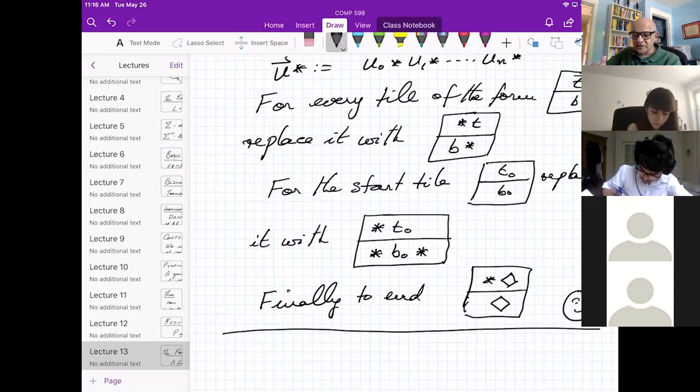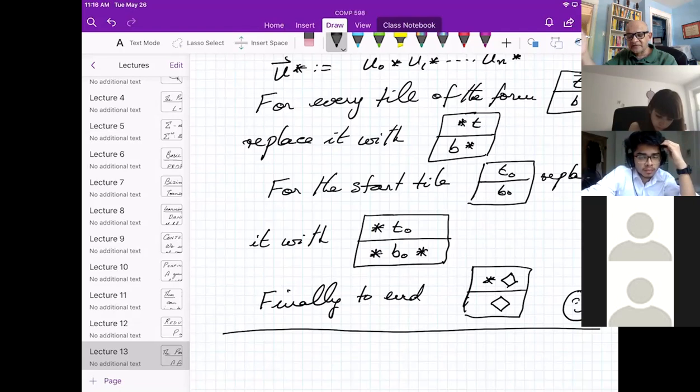So it's an effective construction of an instance of the post correspondence problem, i.e. a total computable function that transforms an instance of the acceptance problem into an instance of the post correspondence problem, together with the claim that the acceptance problem has a solution if and only if the post correspondence problem has a solution. And so our post correspondence solver should be able to solve the acceptance problem for Turing machines, but we know that's not possible. So there cannot be a solver for the post correspondence problem.